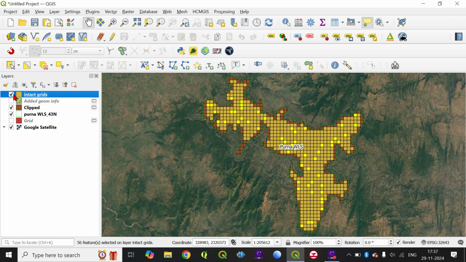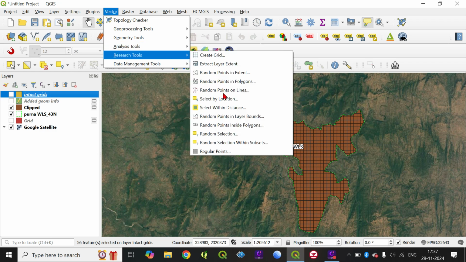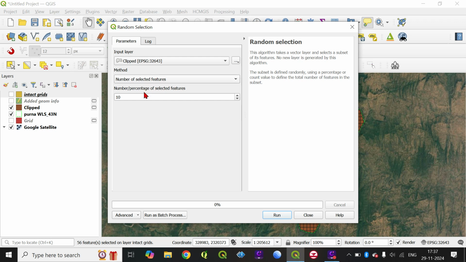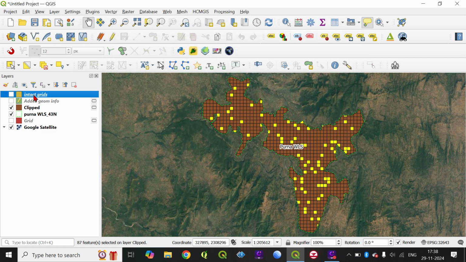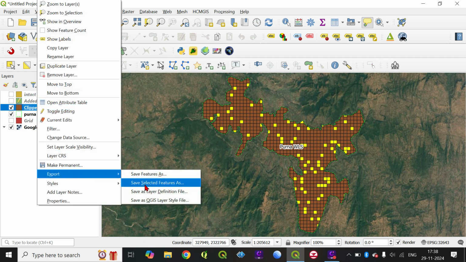Second option that we have available with us is you will be using the clipped version, and we'll be repeating the same procedure again, जिसमें हम बस जो change कर रहे हैं that we are using clipped. Like I would recommend कि intact grid की जगह पे इस तरीके की grids लिया जाए, but in case your protocol or experimental design is statistically fine, you can go for the intact grid as well. And as you can see, the 10% of area is selected from clipped, and you can quickly export this feature